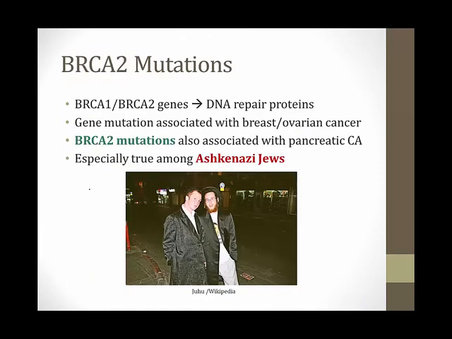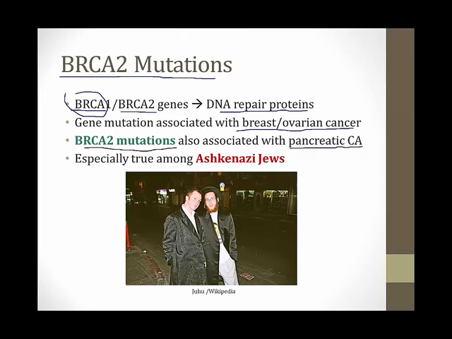There is an association between mutations in the BRCA2 gene and pancreatic cancer. The BRCA1 and BRCA2 genes code for DNA repair proteins, and mutations in these genes are associated with the development of breast and ovarian cancer. They get their name BRCA for their association with breast cancer. Mutations in the BRCA2 gene, however, are also associated with pancreatic cancer, and this association is particularly strong among people